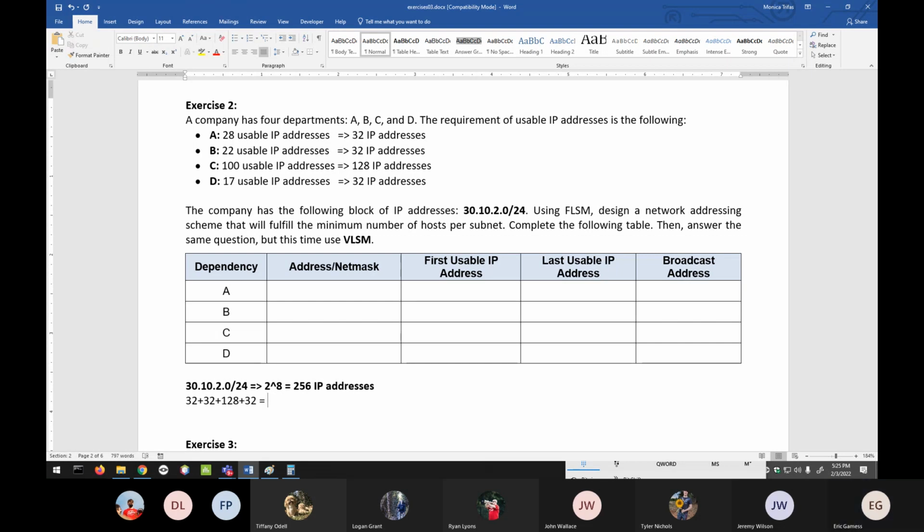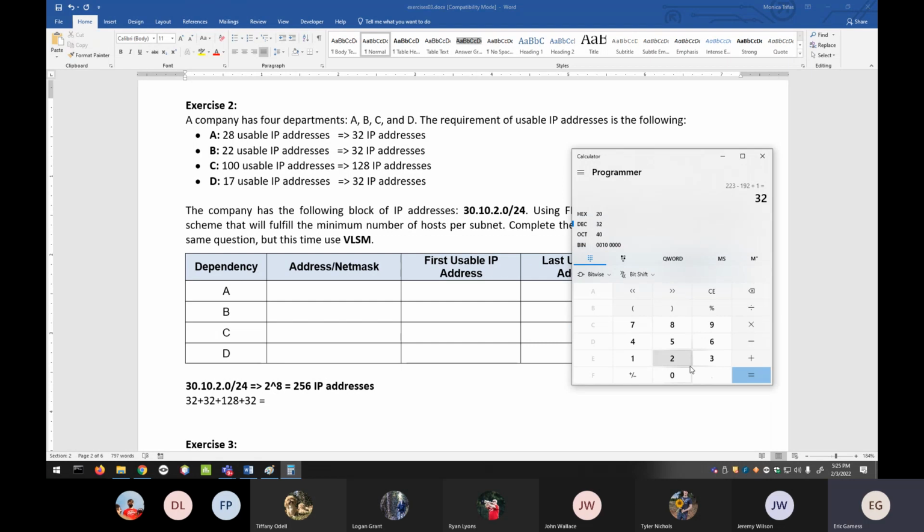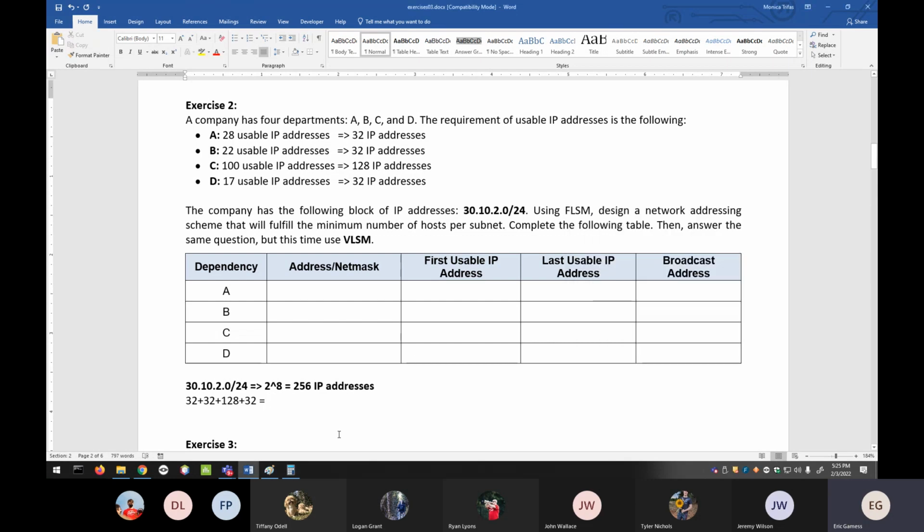224, no? Let's check it. So it's 32 times 3, 32 times 3 plus 128, 224 IP addresses I will need. Do I have them? Yes, I have 256, so there is no problem